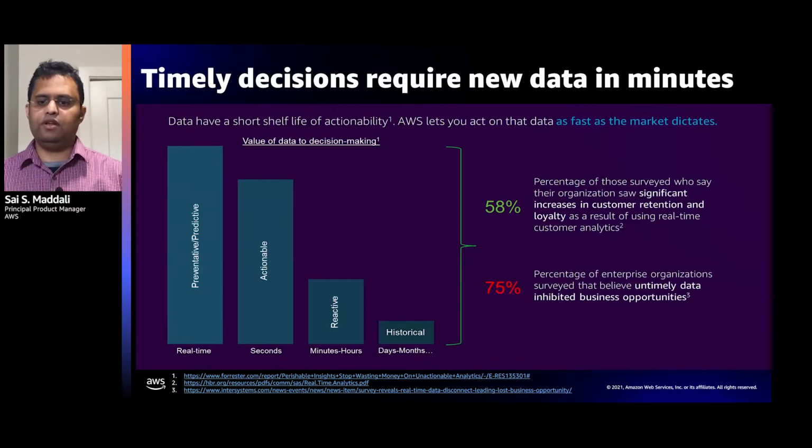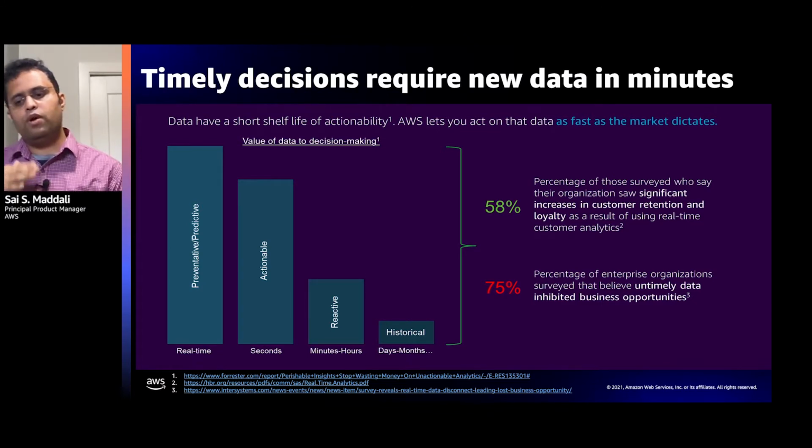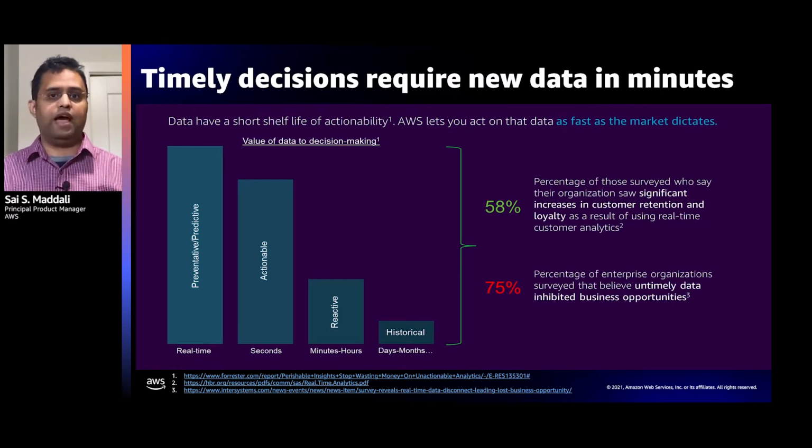Now, the reason real-time streaming has come about is we all want to respond faster to our customer needs. Survey after survey, users such as chief marketing officers tell us how critical it is to drive instant insights to improve the overall customer experience. This means now you want insights in seconds and minutes, not in hours, weeks, and months as it was in the past. Let's understand this with an example.